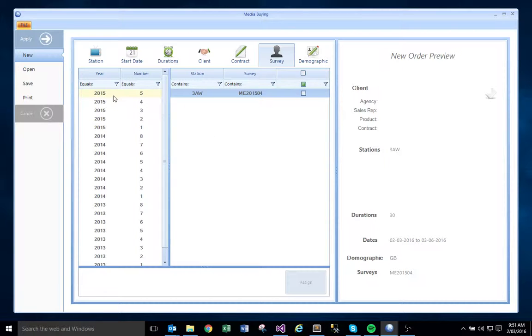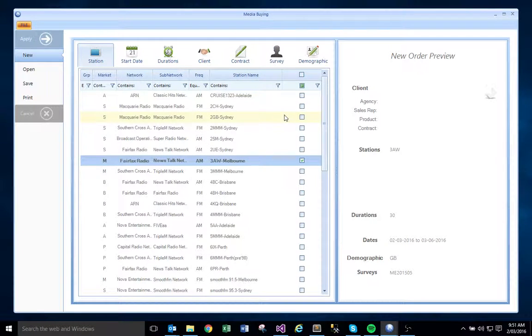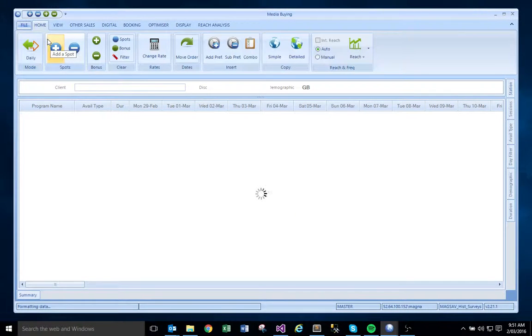Now what I can do is just say, okay, I want to assign survey number 5, and regardless of the selections that I have in here in terms of stations, it will figure out which is the right survey to apply and apply it. So once I've made the selections that I want, I can just come up to my apply button in the top left hand corner, and that's going to load me into the buying screen,